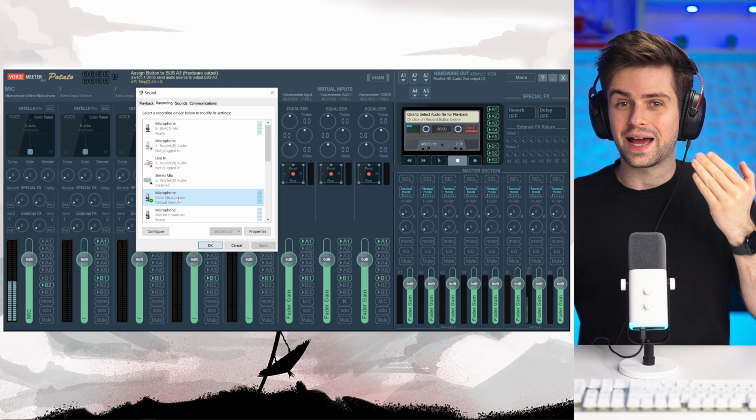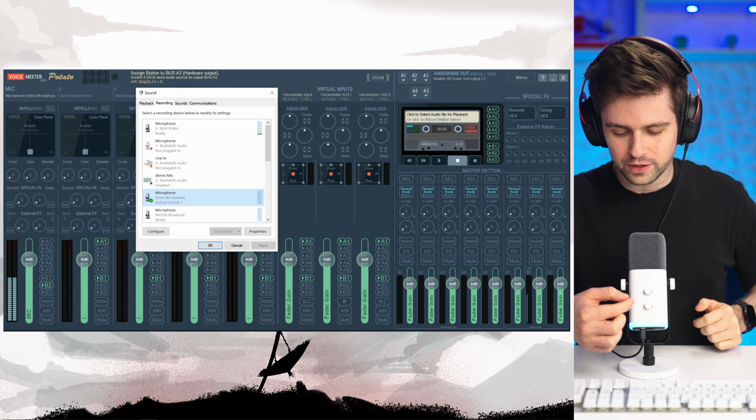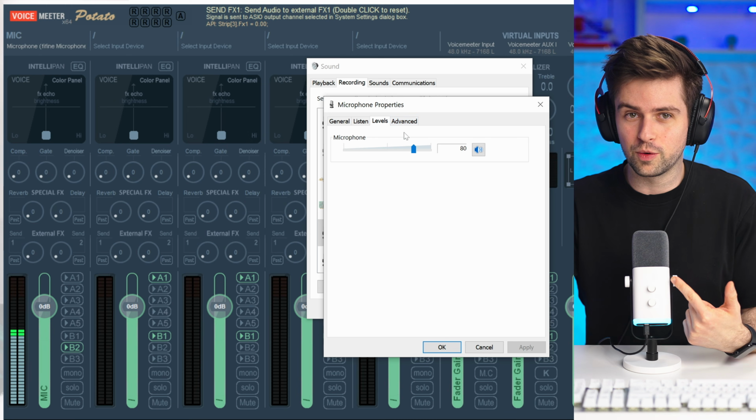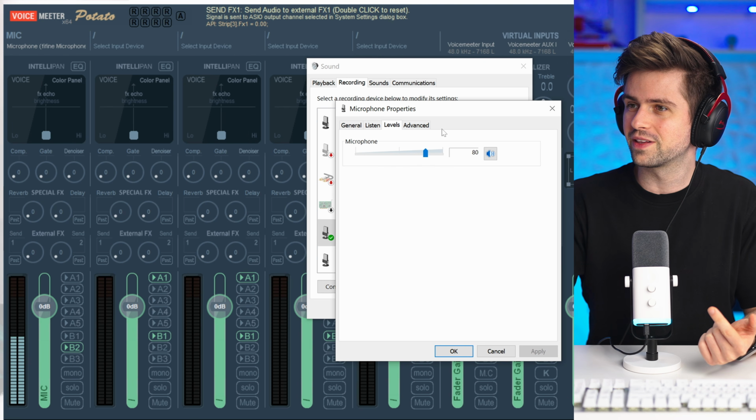Just click on OK, and then at this point, what you do depends on whether you have a gain knob or not. I, for example, have one. It is right here. It's the top knob. And if you look at the volume mixer, if I increase the gain, it will also go up right here. If you don't have a gain knob right here on your microphone, you will have to do everything right here